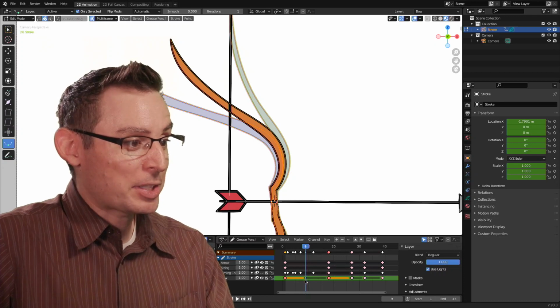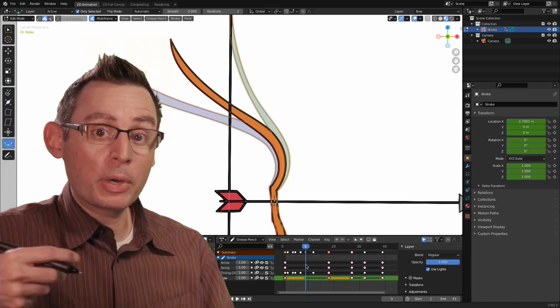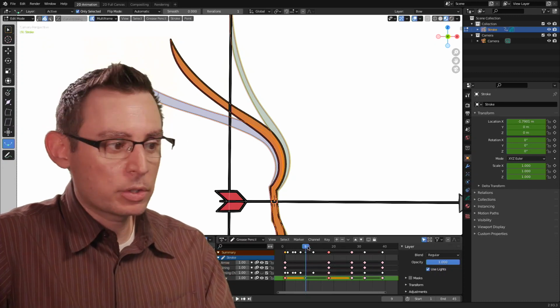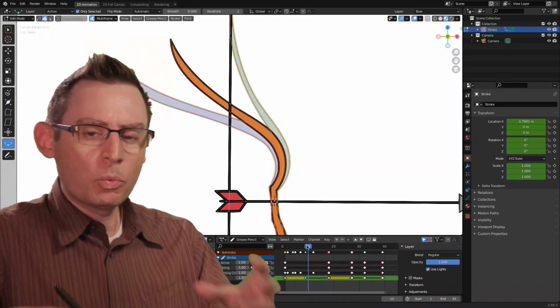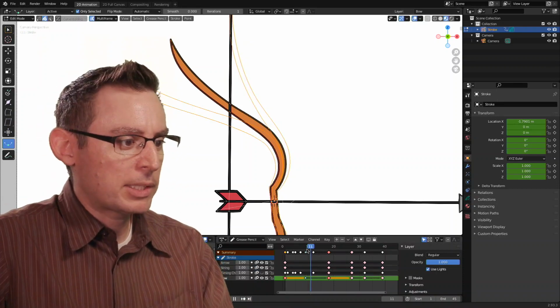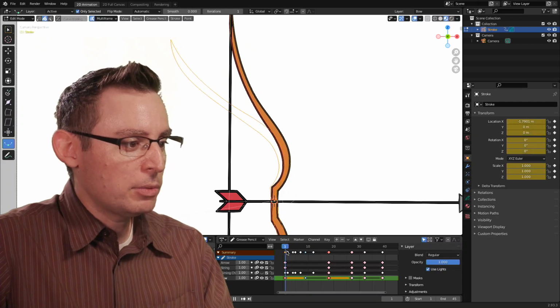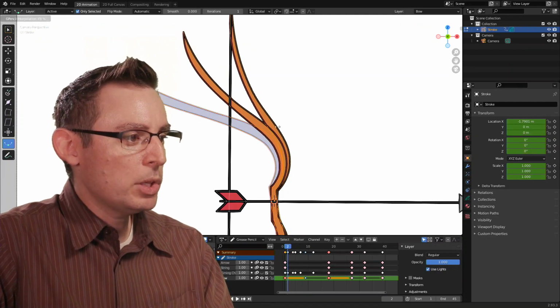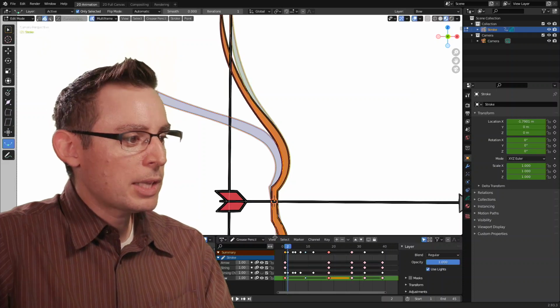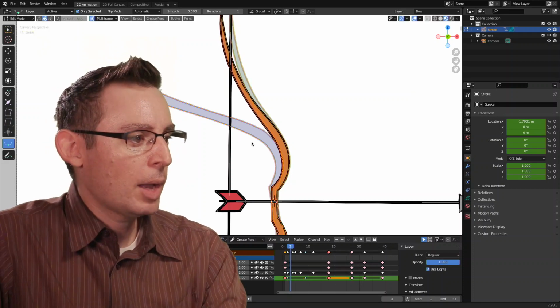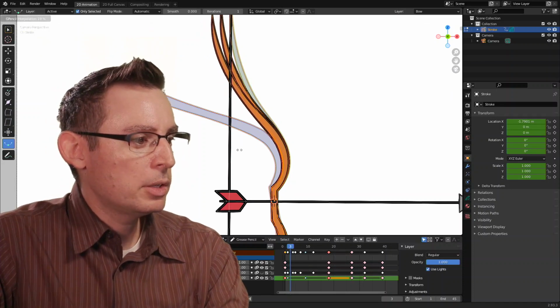If you look down here in our timeline, we have a new keyframe type. This is called a breakdown keyframe. It's got a different color to it, and we can move and work and edit with these breakdown keyframes exactly like we would any other keyframes. And what this allows us to do is to very quickly go in, just with the interpolation tool, and start to hand animate this. I'm just using the interpolation tool to go in.